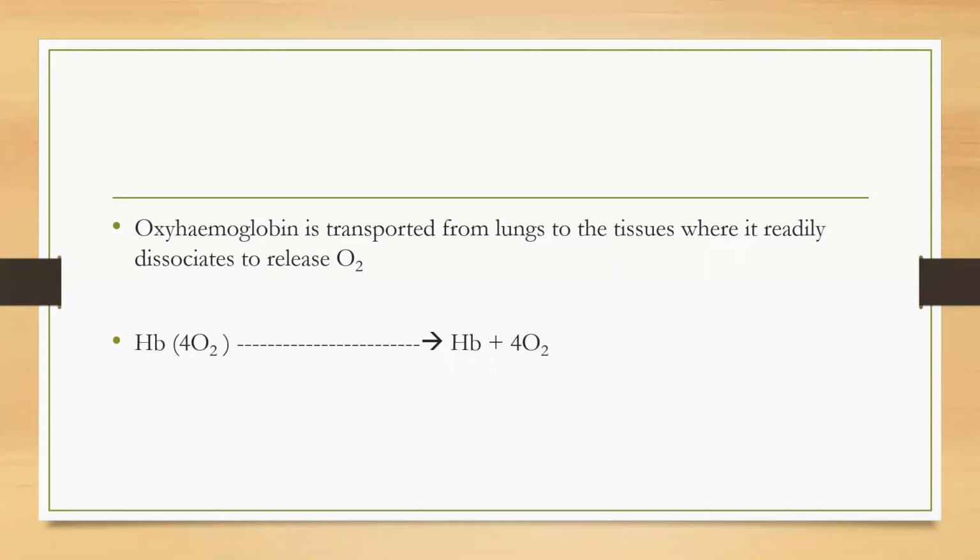In the lungs, oxygen combines with the hemoglobin of the capillaries. From the capillaries, with the help of blood, it goes to the different cells, and before entering the cells the oxygen gets separated from the hemoglobin. Okay, and this breaking of oxyhemoglobin into oxygen and hemoglobin is called dissociation. So oxyhemoglobin separates to form hemoglobin and oxygen.